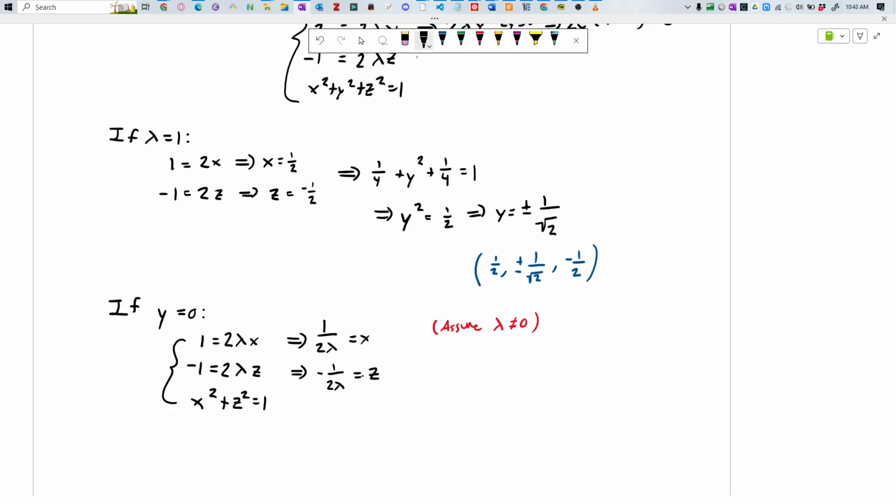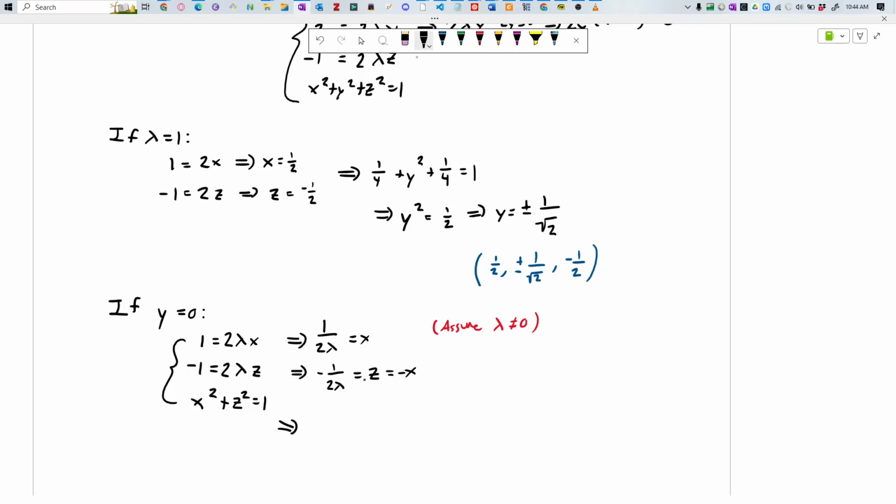Okay, so then we end up getting this. And you'll notice that this is equal to negative x. Although we could have substituted these fractions in for x and z and then solved for lambda, that is kind of the long way around, because you'd solve for lambda and then plug those values back in to solve for x and z. Instead, I may as well use the fact that there's a relationship between z and x and just substitute that right into the constraint. So what happens with the constraint,